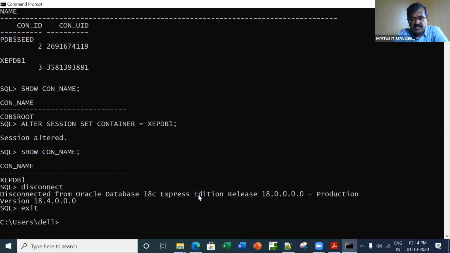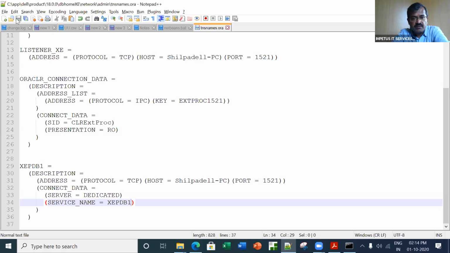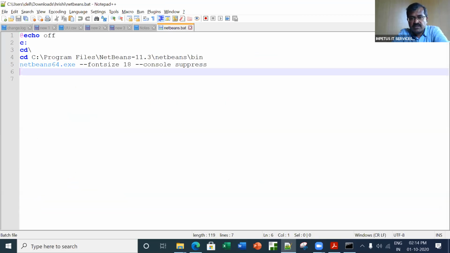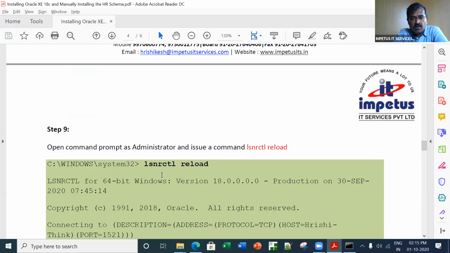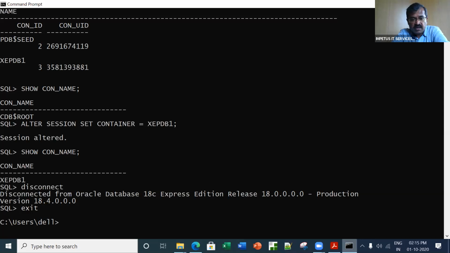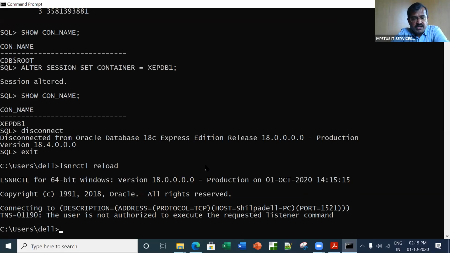Let me save this file with all the changes. I save this file, I close that file, and I come out. So we have made the changes, we saved the file, and now let's make sure that this change that has been made is reflected. So I'm going to fire up this particular command. Here we go, and I issue that command. The moment I issue that command, the changes that we have made have now been reflected.